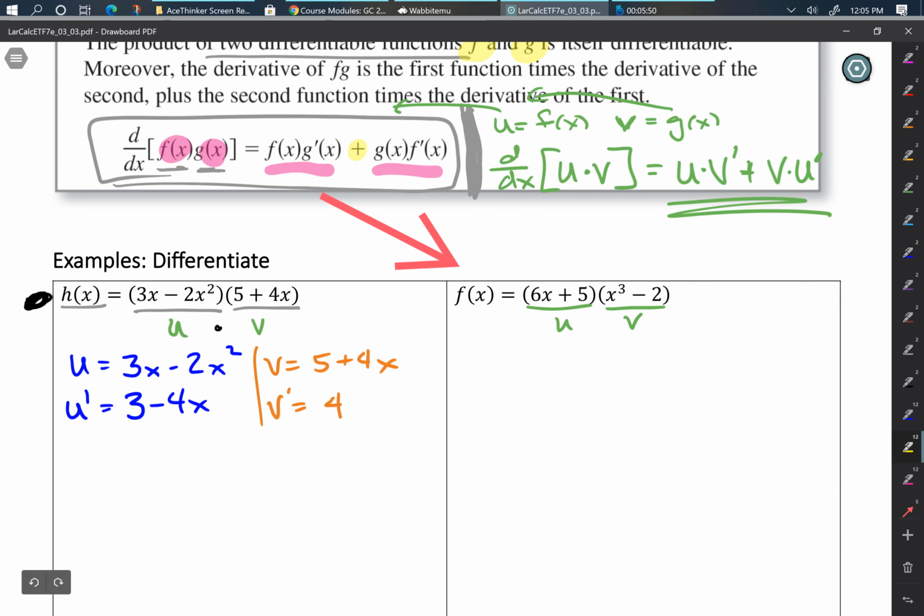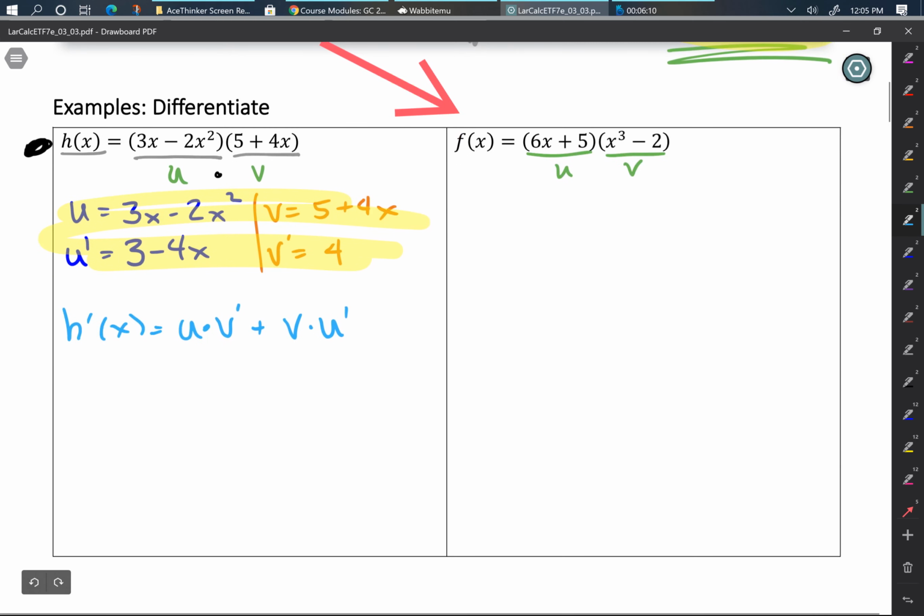And now I need to take all of this and put it together using that definition. So then h prime of x is going to be u times v prime plus v times u prime,